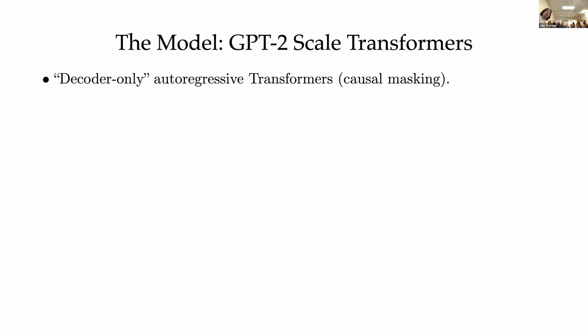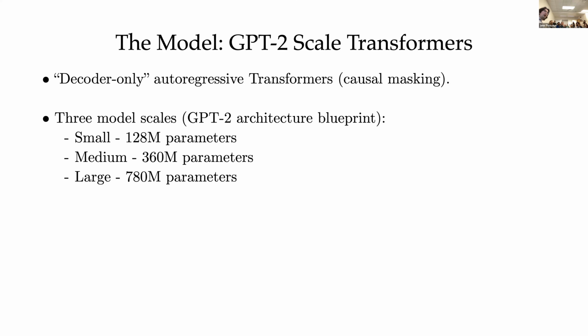And actually one thing to note here is that the architecture of the models I'm working with is completely standard autoregressive GPT-2 style transformer models. All of these games that I'm playing with the conditioning and anticipation happen entirely in pre-processing the data set. I create these sequences in particular ways to get these control capabilities. But at the end of the day, I shovel them all into a completely standard autoregressive transformer off the shelf, no modifications. And we look at 3 scales of models, borrowing from the methodology of the original GPT-2 paper.